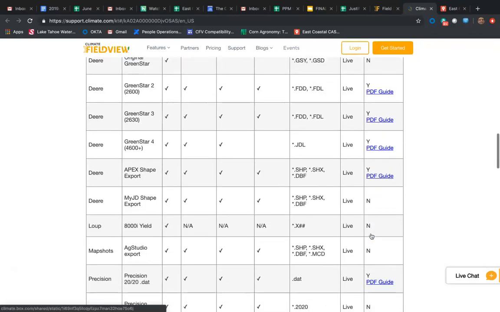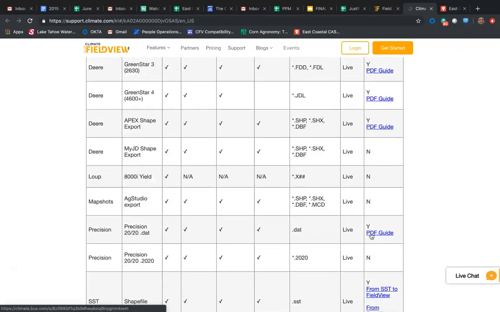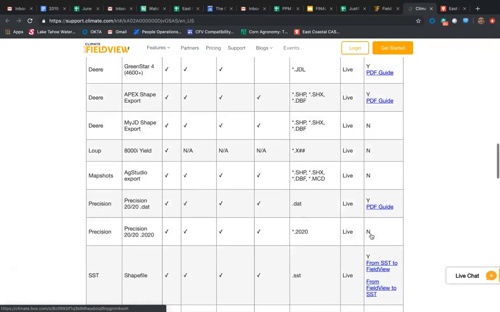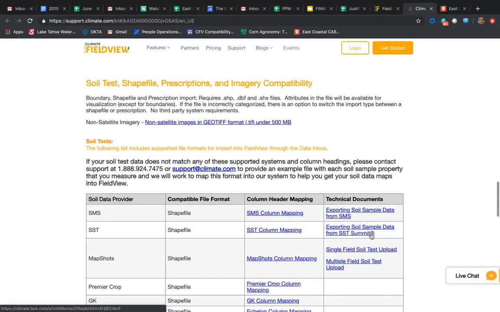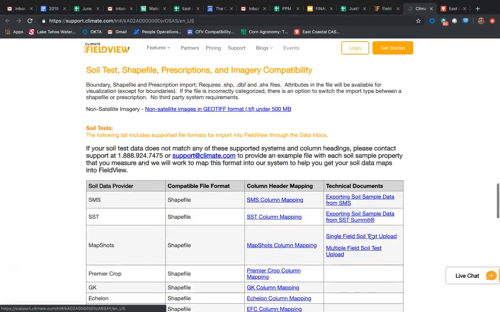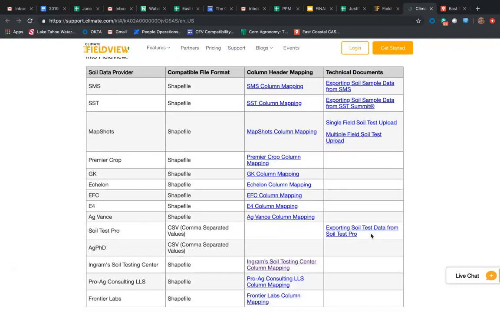One other thing while I'm on this page, so in addition to exporting all of this as planted, as applied, as harvested, and field boundary data that we can move into Climate Field View, the other thing we can move is soil test data or shape files or prescriptions out of other systems. And so we have a number of supported systems listed here for the soil data, whether it's SMS or SST